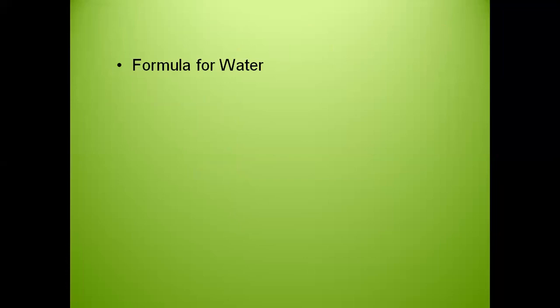We are going to write the formula of water. Now, in the case of water, you are not going to get any elements from the table. You should know that water contains two elements. Which are the two elements? Hydrogen and oxygen. Now, the valencies of hydrogen and oxygen are very simple, my dear students. I don't think you need to see the textbook for that. The valency of hydrogen is 1 and oxygen is 2. Interchange the valencies and the formula is H2O.